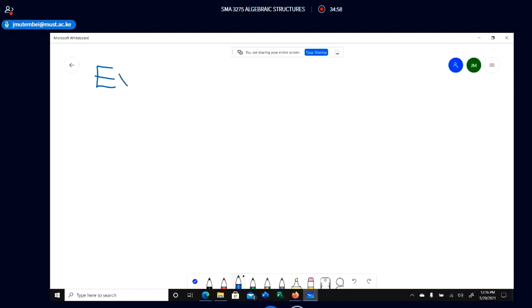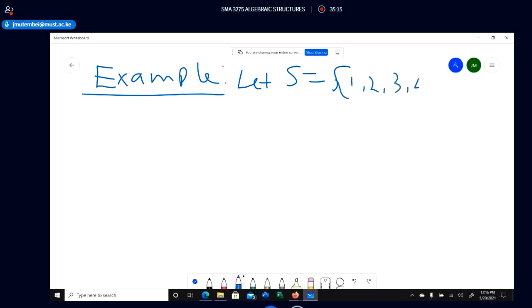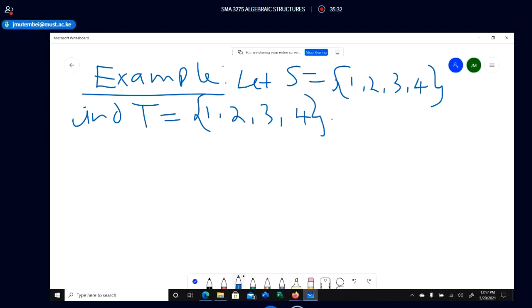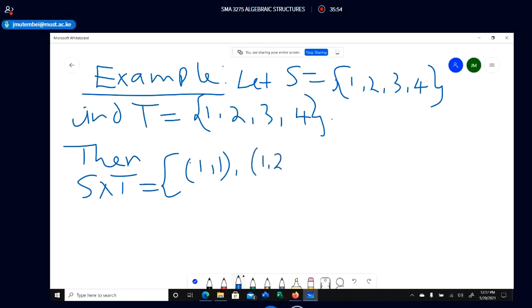So example, we take two sets S and T. So let S be the set 1, 2, 3, 4, and T be another set with elements, say 1, 2, 3, 4. So the Cartesian product S cross T will be this collection of points. We shall have 1, 1, 1, 2, 1, 3, 1, 4,